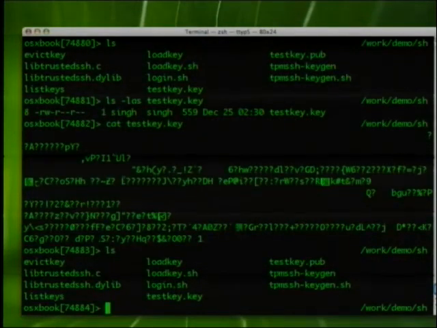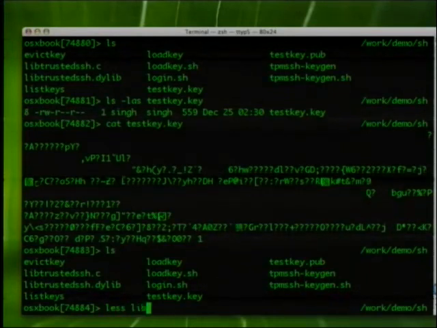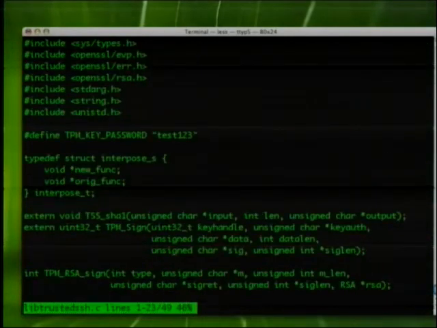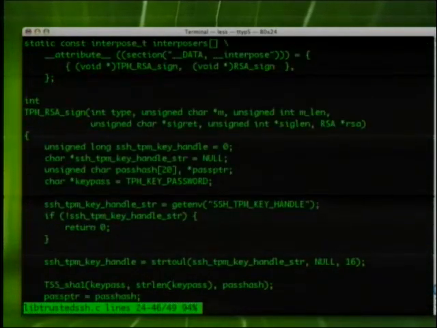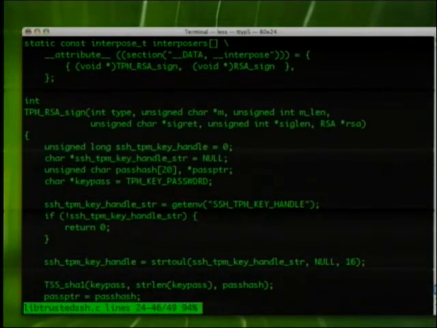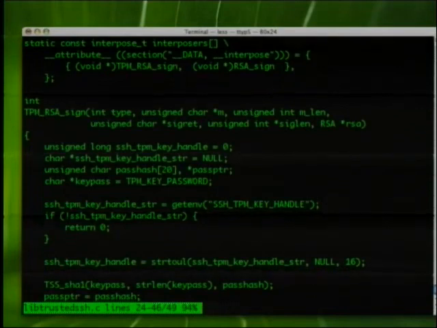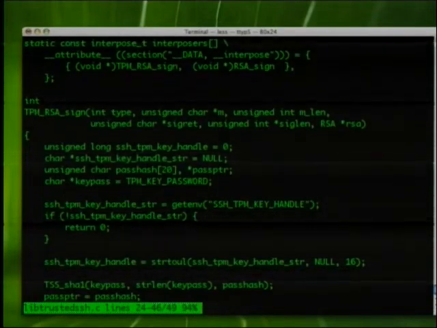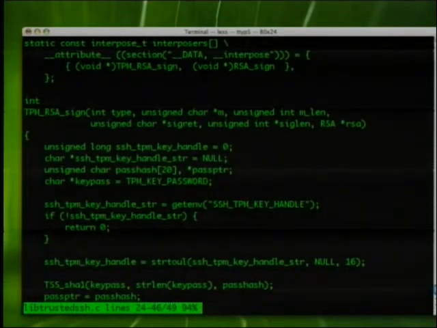So here's a trivial implementation of RSA sign from OpenSSL. All it does is, instead of doing the work in software, it just offloads that work to the TPM.